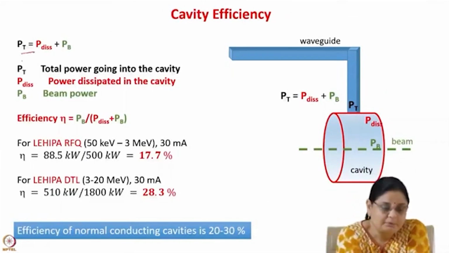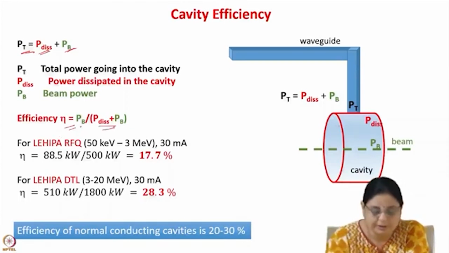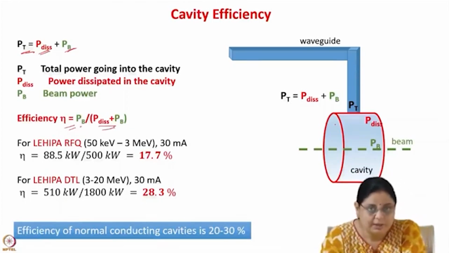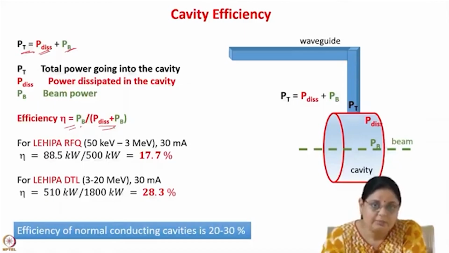So the total power is the sum of the dissipated power and the beam power. The efficiency is defined as the power that goes to the beam divided by the total power. Now consider the LEHIPA RFQ. LEHIPA is a low energy high intensity proton accelerator, a 20 MeV accelerator,